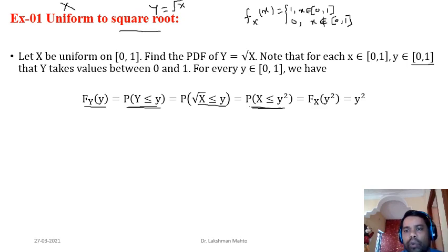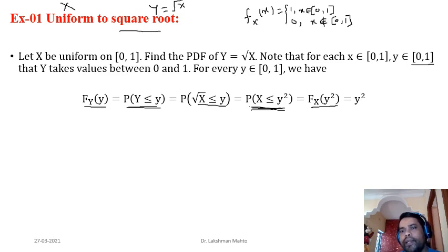X is taking value up to y. So it is talking about what? It is talking about the CDF of the given random variable x. So it is the CDF of x, and you can say that this one is here y square. That's where we have expressed the CDF of y in terms of the CDF of x for argument y square, and it is directly equal to x square.